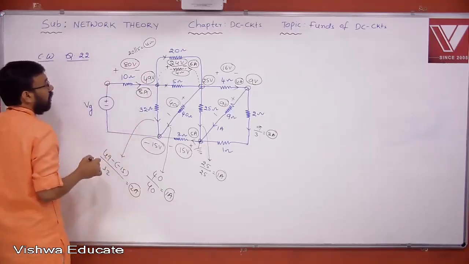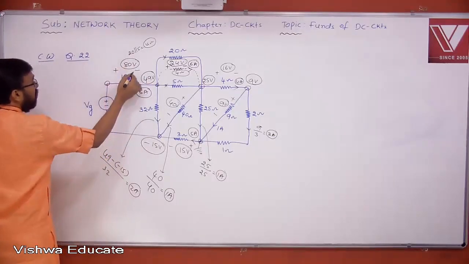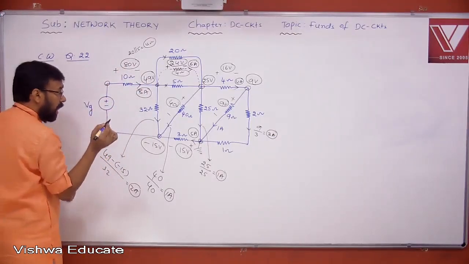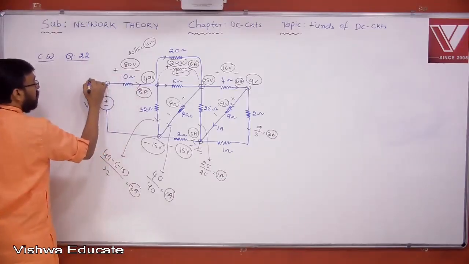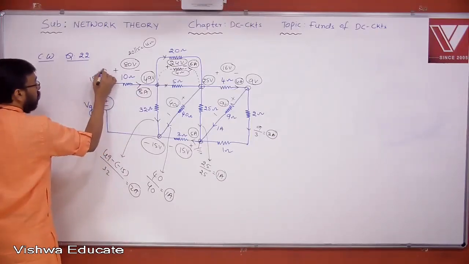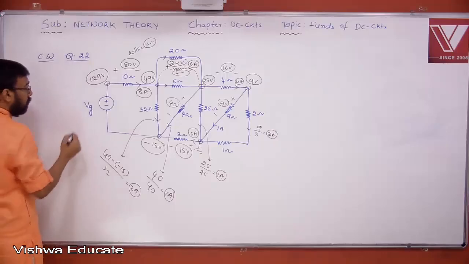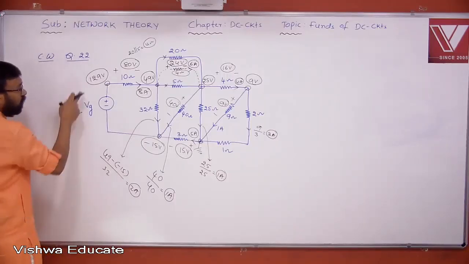Jump from this point to this point. 49 plus 80, because you are jumping from lower potential to higher potential. You should take the voltage 129 volts. Yes or no? Now, you see, 129 volts,